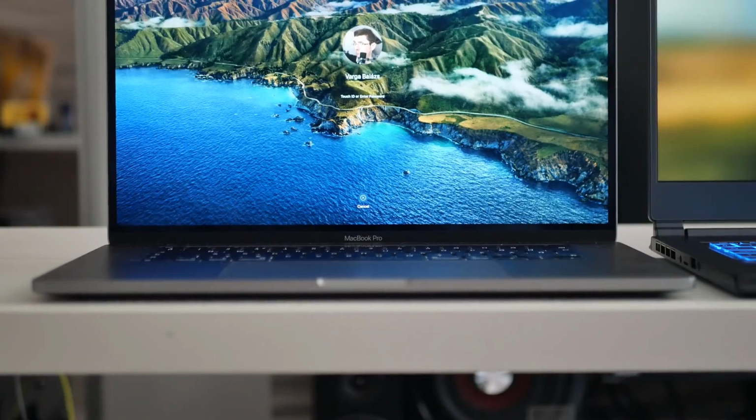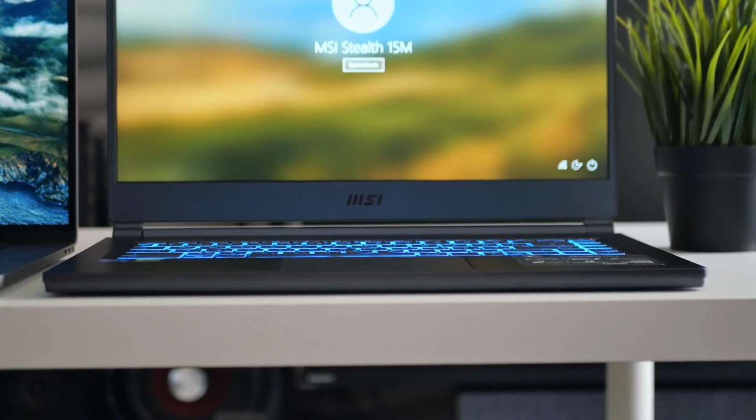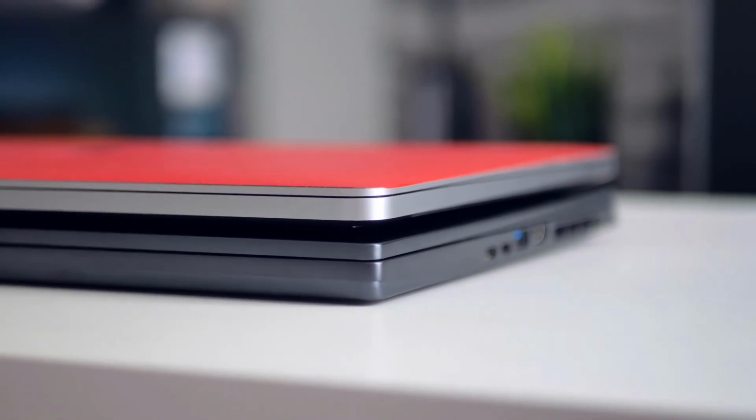All in all, I have to say that I really like this laptop. Like, the size, the lack of thickness was just so enjoyable for me for some reason. I don't know why, because I usually use a 16-inch MacBook Pro, which is quite thin. It's actually thinner than this gaming notebook. But I don't remember if I ever used a laptop that was this powerful while being this thin. So maybe this is the sweet spot, you know, if you